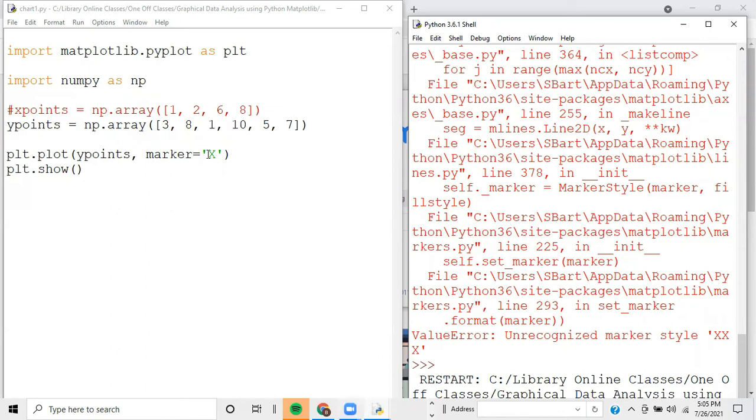What if we do this? All right, so we're going to have marker equals, and let's say in the single quote, we're going to do the lowercase o, and then a colon, and then a lowercase r for red, for the color red. All right, so the format